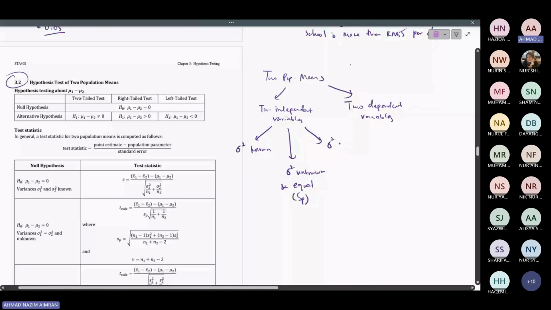For the equal case, if you remember, we need to find the pooled standard deviation. For the third case, you don't have to calculate the pooled standard deviation, but it is quite complicated to find the degree of freedom. For the equal case, the degree of freedom is simple, which is n1 plus n2 minus 2. But for the third case, the degree of freedom is